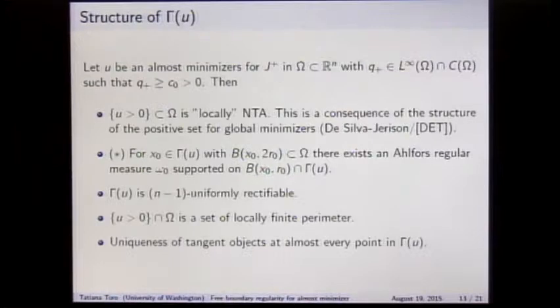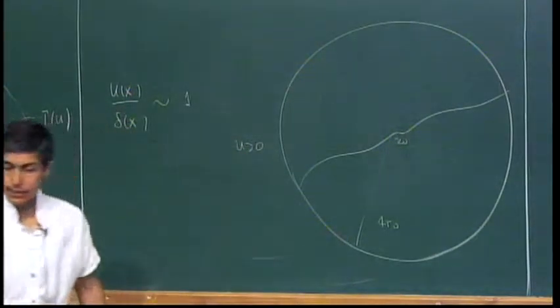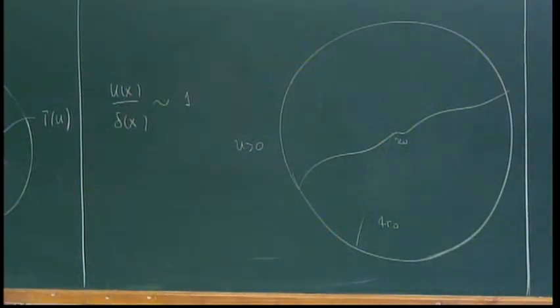Okay, so now it's time to draw my picture bigger. So here it is. Sorry. Now this thing here is going to be my x0 and my r0, 4r0. I am trying to prove something about this. This is the positive part. And they don't satisfy an equation. I need an intermediate function. Here is my intermediate function. As most of you might have guessed, I'm going to have to use harmonic functions.